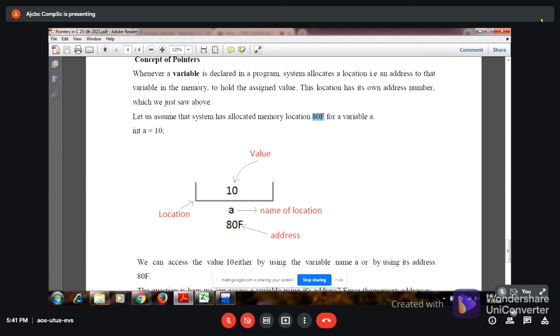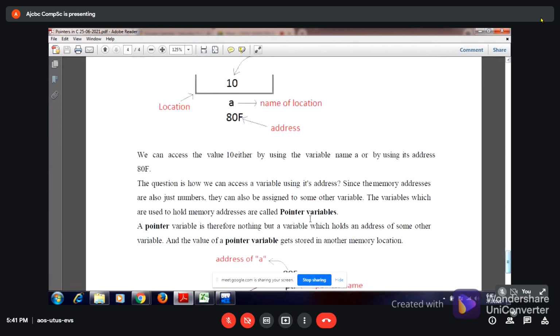The value is 10, the address is ATF, and it is stored in the memory location named A. We can access the value 10 either by using the variable name A or by using its address, ATF. The question is how we can access a variable using its address.